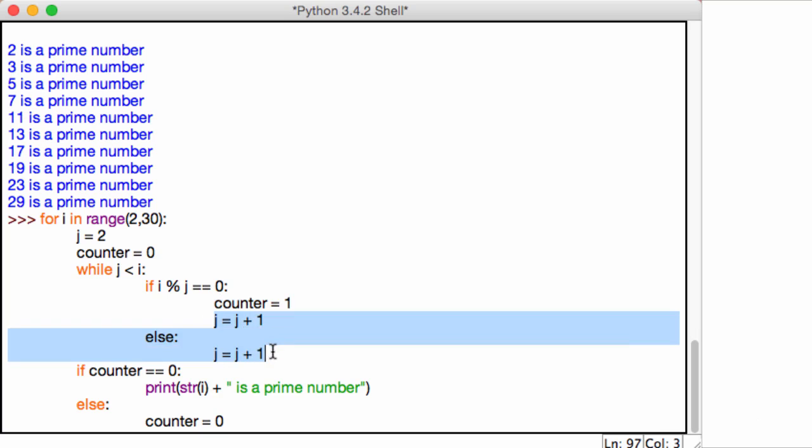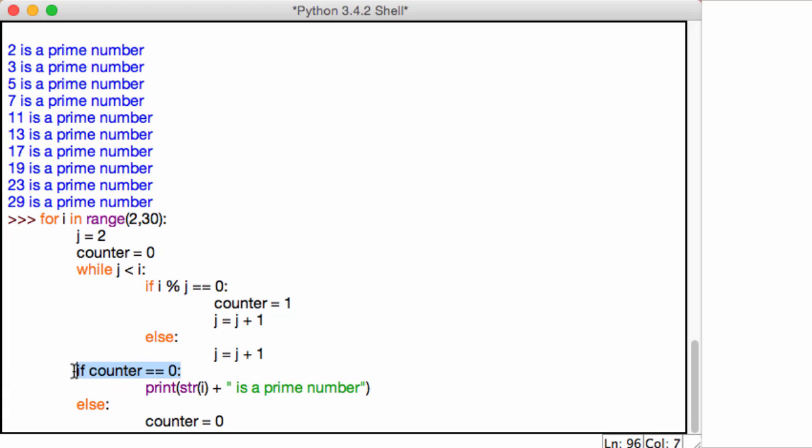In any case whatsoever, if it's divisible or if it's not, we want j to increase by 1 since we've already checked if it's divisible or not. Then we're checking over here if counter is equal to 0. So throughout this whole while statement, if the number wasn't divisible by any of the other numbers and counter still remains 0, we're printing out str(i) is a prime number. str is a function with which we can convert integers to strings. So this if and else statement checks if counter is equal to 0, we're printing that this is a prime number, else that means counter is equal to 1, and we're setting counter back to